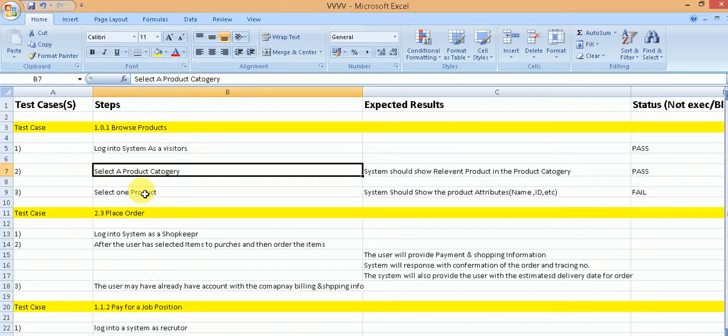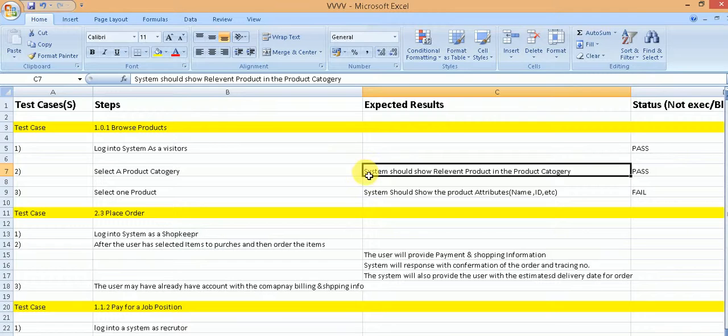Then the second step asks you to select a product category. Now here the test data is not given, so it doesn't specify what product category you should select. So you can select any product category that is shown in the system. Now, once a step is executed, the expected result is what should be available after the step is executed.